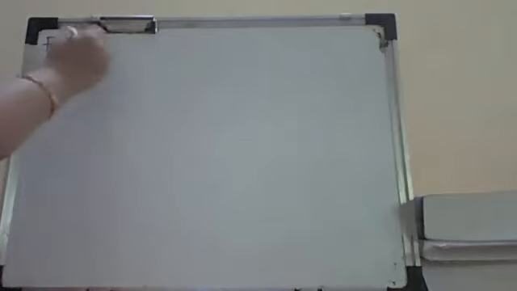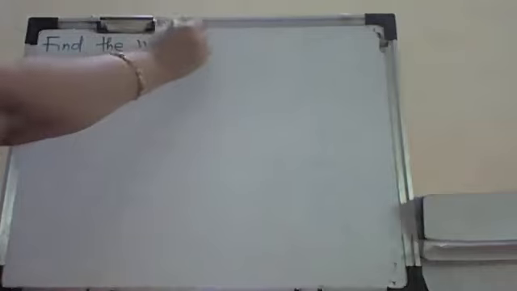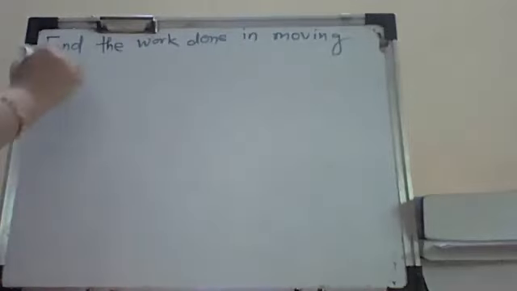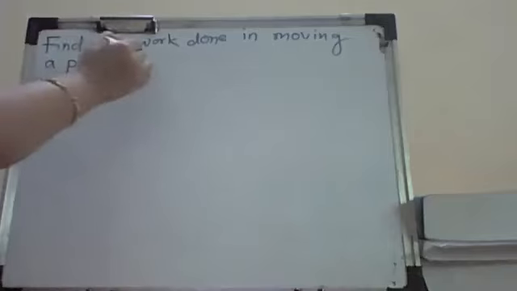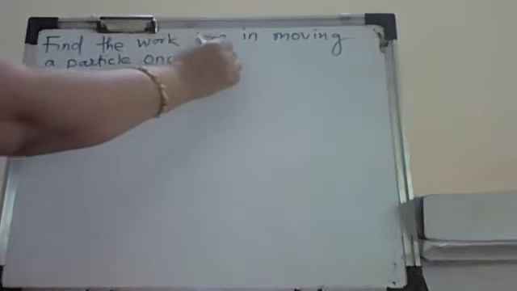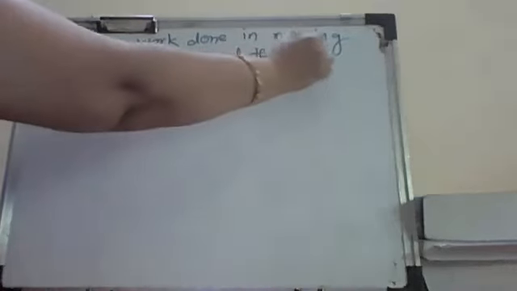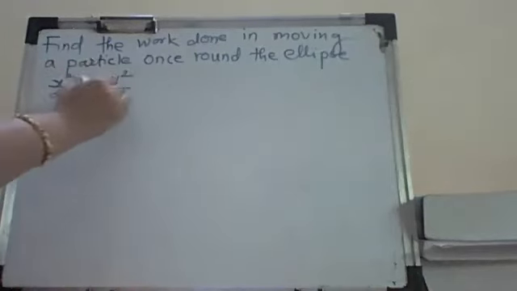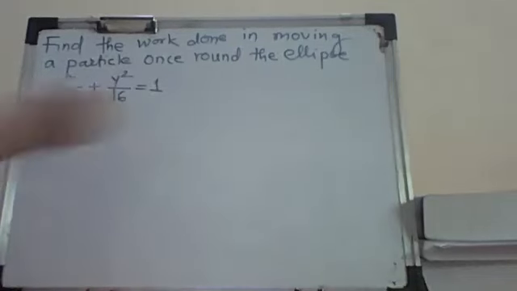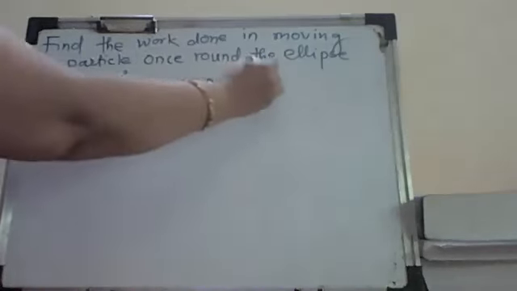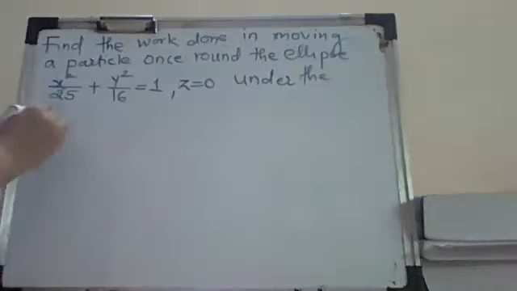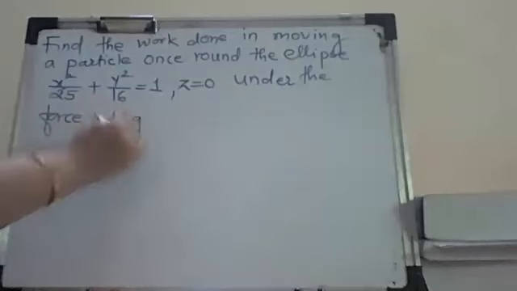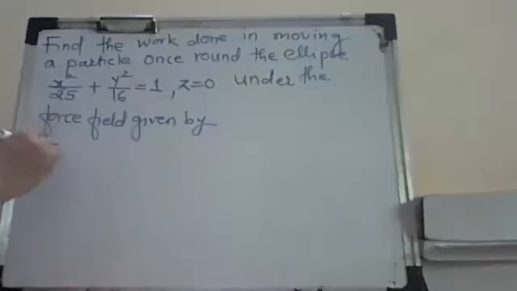So here the question is: find the work done in moving a particle once round the ellipse x square upon 25 plus y square by 16 is equal to 1, z is equal to 0, under the force field given by f bar